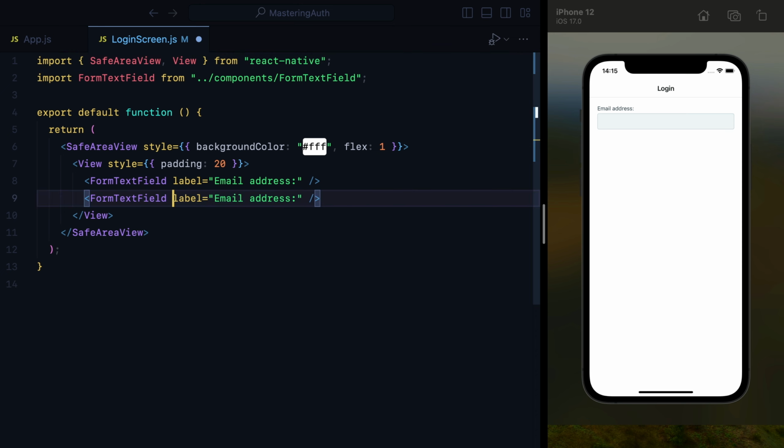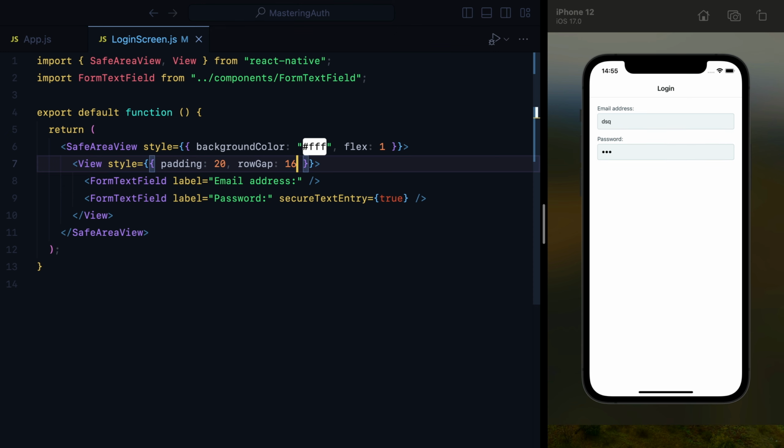Let's duplicate this FormTextField, rename the label to Password, and since this is a password field, I'll also set secureTextEntry to true. So now if we type in the email, we see the characters, but if we type in the password, the characters are hidden. Let's go ahead and add a rowGap of 16 to add some spacing between the fields,